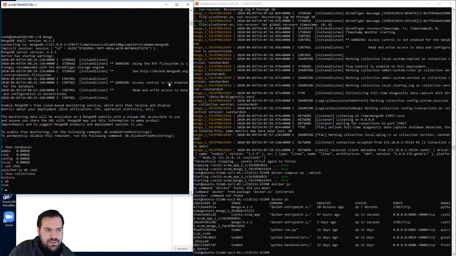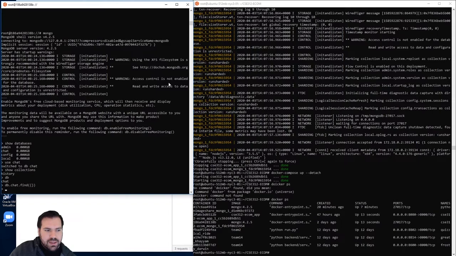If I use this syntax, db, the current database that I'm using, I have entered the chat database. So that database, chat, is the collection. I want to use this database. I want to specify the collection for this database, and then give it a query. I want to find, for our purposes, I just want to find everything. And I'm going to call .pretty on this. So .find, actually I'll show you both. .find is going to give me,